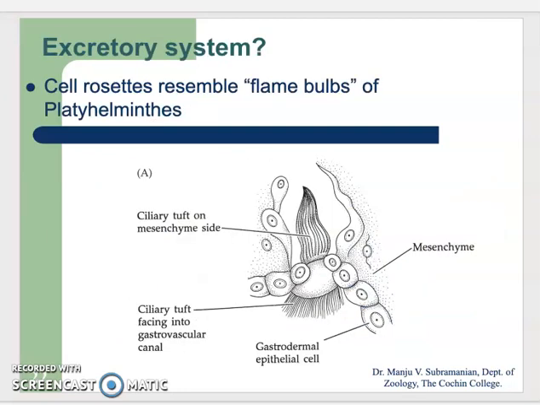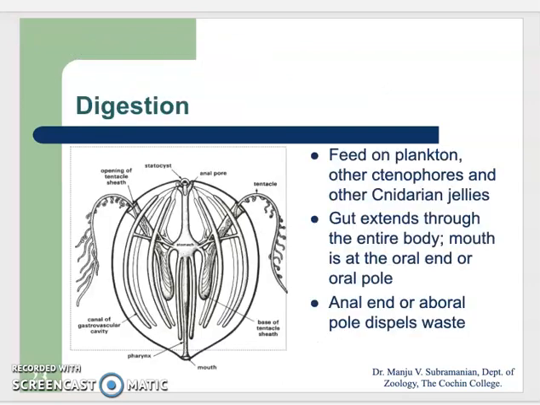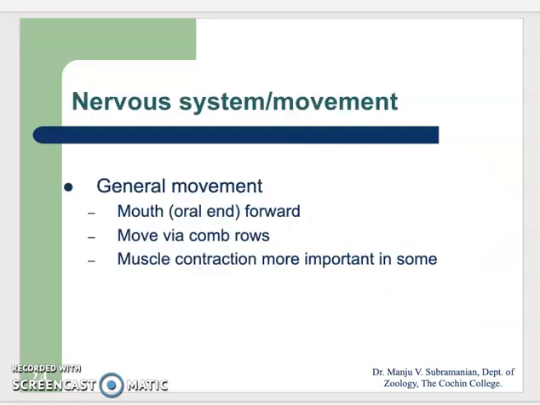In the excretory system, there are flame cells similar to those of the Platyhelminthes. You will see what these flame cells are in Platyhelminthes in detail. And digestion we have discussed in detail. There is a nervous system, a nerve network